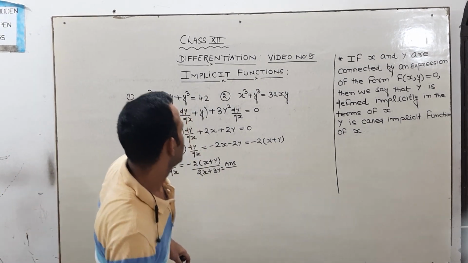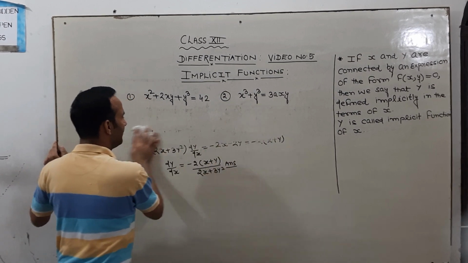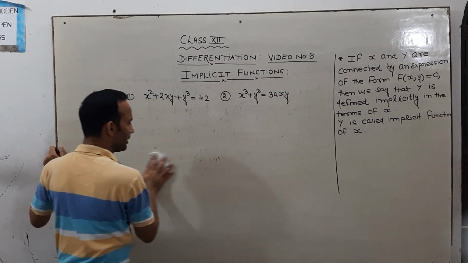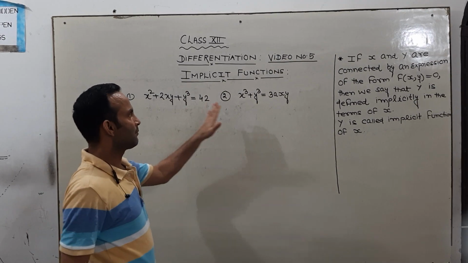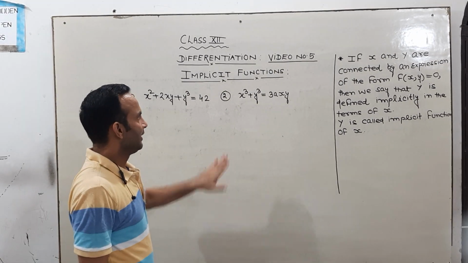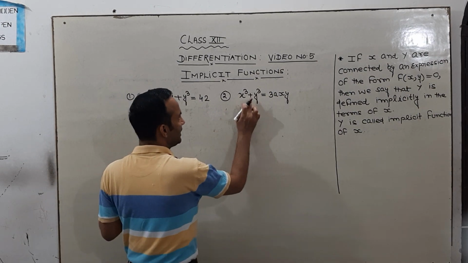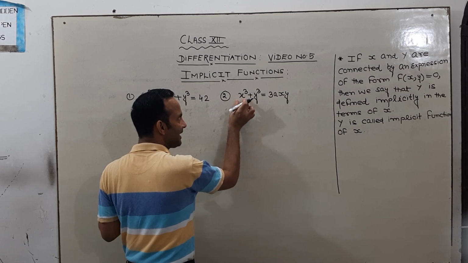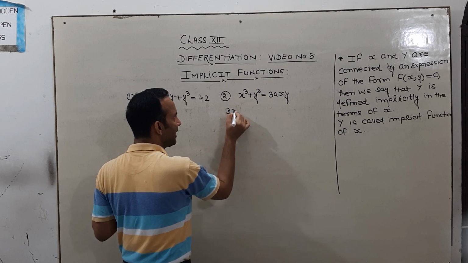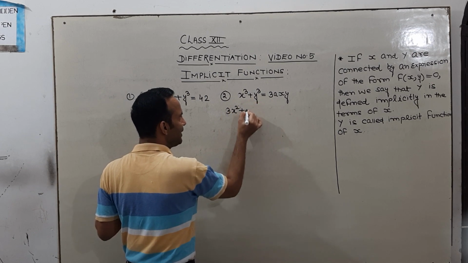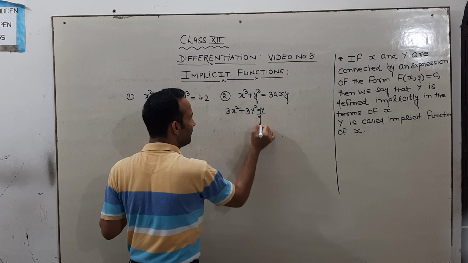Now dear students, see problem number second. This is also related to implicit function. Here you can also see equal sign is given. In such type of problems, I have already told you, differentiating both sides with respect to x. Okay, so see here plus sign is given, means differentiate x cube separately and y cube separately. Differential of x cube is what? 3x square. Differential of y cube, 3y square, then dy over dx by applying chain rule.